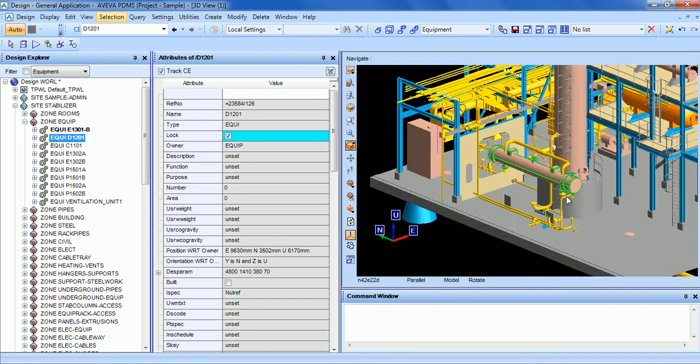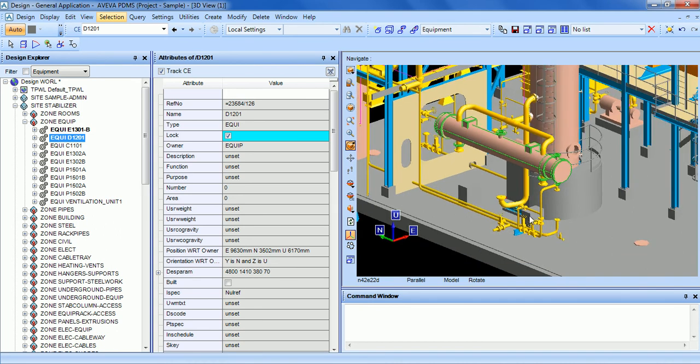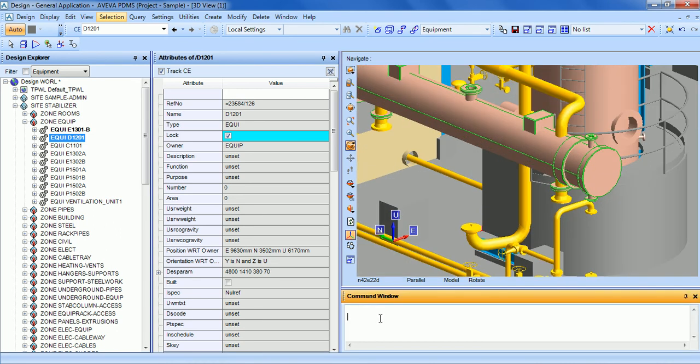So if you want to do otherwise, we can obtain or find out attributes from the command window. There are some abbreviations of the attributes here. We can type Q of query, Q pos for query position, or Q name to get the name of the equipment.